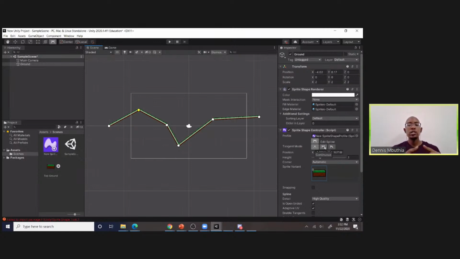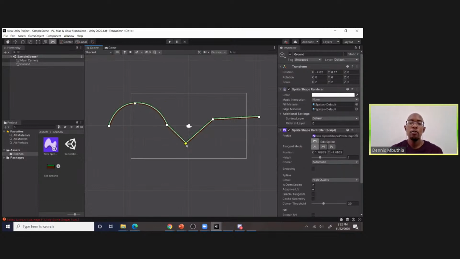Instead, we want to make that tangent mode continuous, and guess what happens? It now carves it out. Now you can have a more carved experience for your character, instead of it being so flat